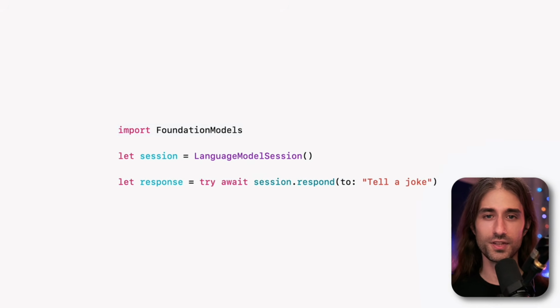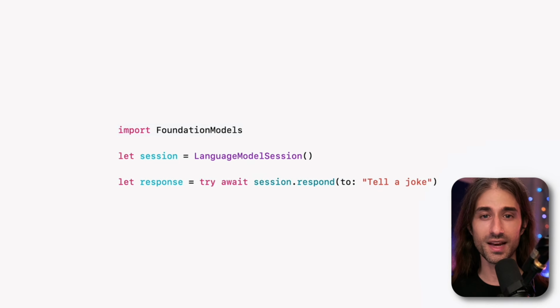Actually, when I tried the feature yesterday, I got some failures. So you will probably want to test that it works correctly and that you have a fallback for when it doesn't work. In a way, it's the same thing as with network calls when you think about it. And we're going to see that this similarity between calling an API, so using the network, and using an on-device AI model, doesn't stop